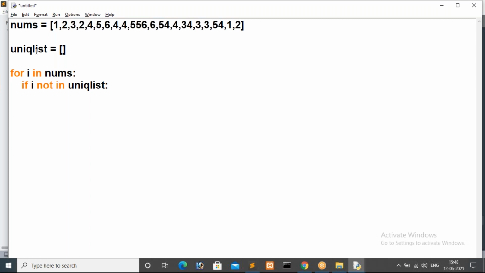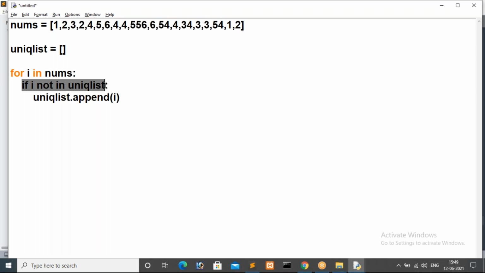So here, our original list, unique dot append, I am calling. Unique dot append of I, because in each iteration we are getting a value I from nums. That's it. Now we will print the lists.